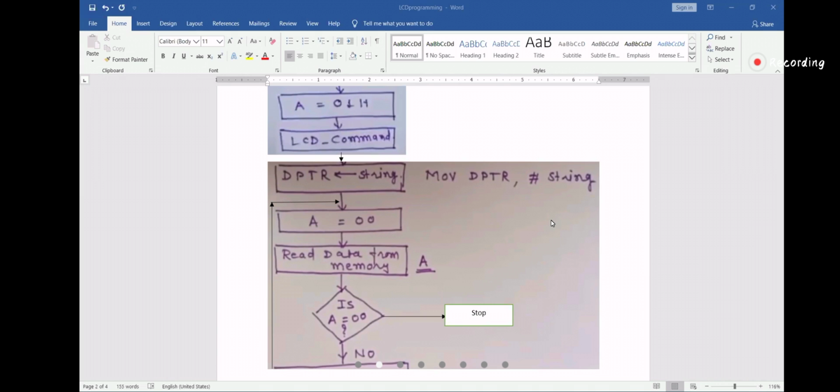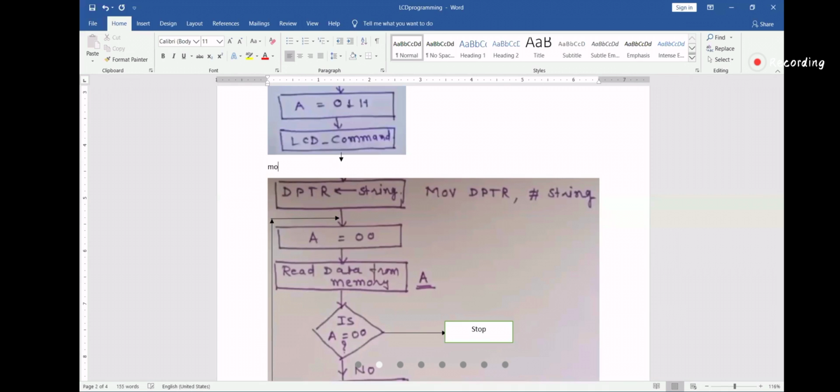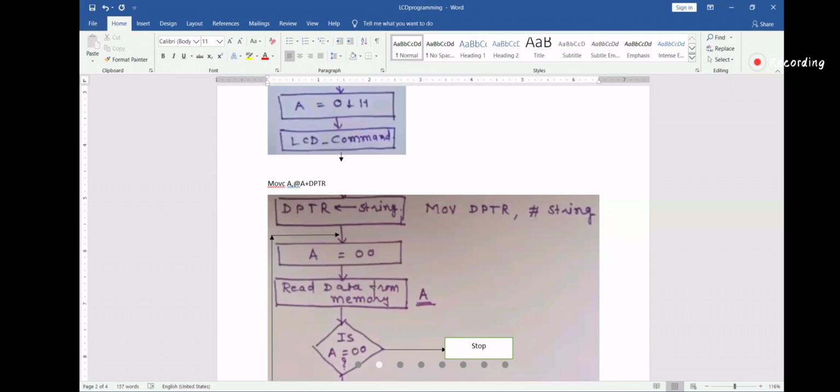Because you have to use the instruction MOVC A, @A+DPTR. But before that you have to set A with CLR A, so A is 0, then only it will read whatever value of DPTR is there.